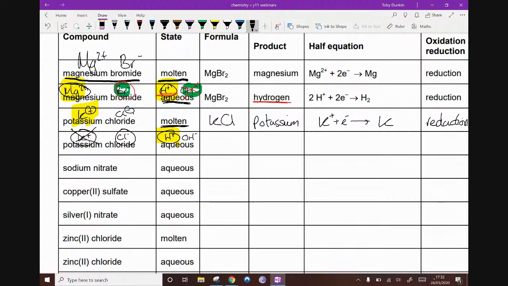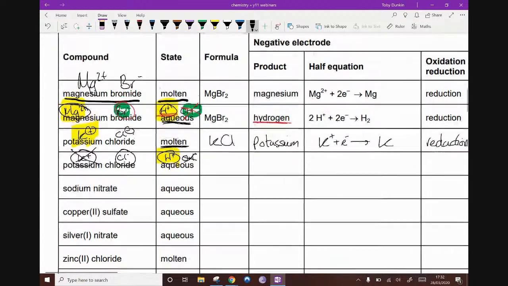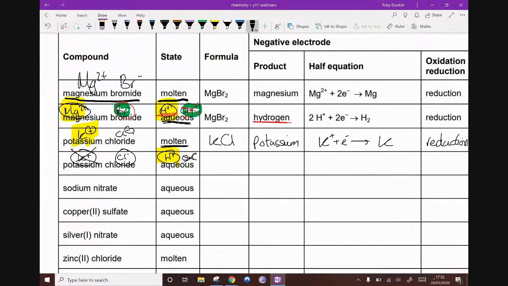But now I always get the chlorides because group 7 dominate. I'm not going to get OH minus. So what's my product going to be? The formula, of course, was just KCl, but now with a state symbol of aqueous. My product at my negative electrode is going to be hydrogen. My half equation,